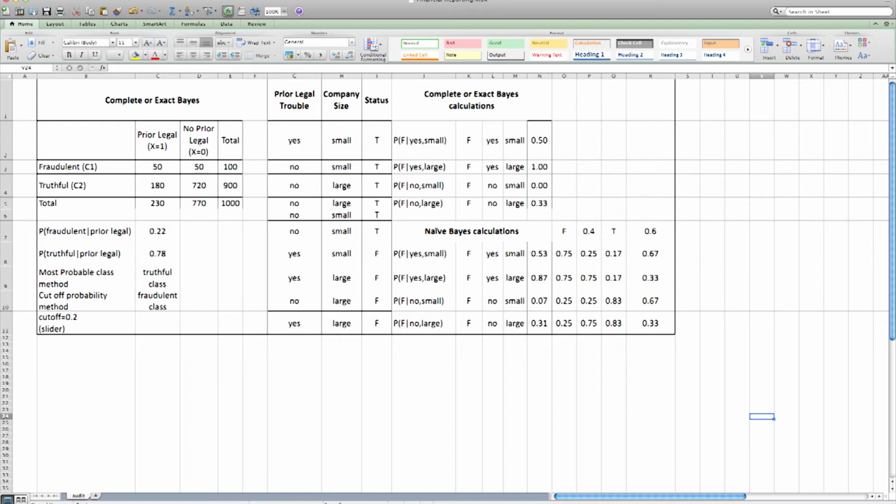We are interested in identifying fraudulent cases because for an accounting firm, as we talked about, they would be interested in identifying the fraudulent reports first, because then they can decide about serious auditing or serious scrutiny of those reports, right? So these 4 scenarios, again the same scenarios as for the exact Bayes calculation. In the same fashion we have written these details in 3 separate columns for the calculation of the probability. So in this case, you can see how we are trying to compute the naive Bayes